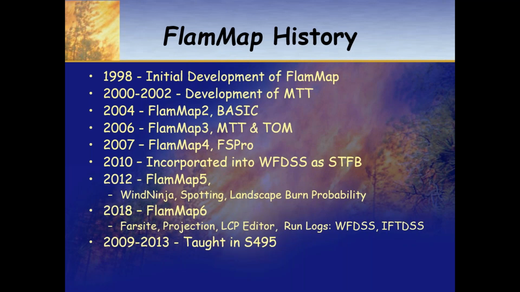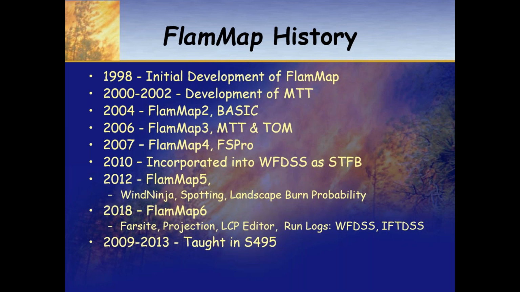And then with the release in 2018 of FlamMap 6, we included Farsight. We included some minimum GIS capabilities where we have projection files for all your landscapes and input data like shape files for barriers and perimeters. We could do some projection and get everything lined up spatially. We included an editor. We included the ability to export out run logs from FlamMap, but also it's set up